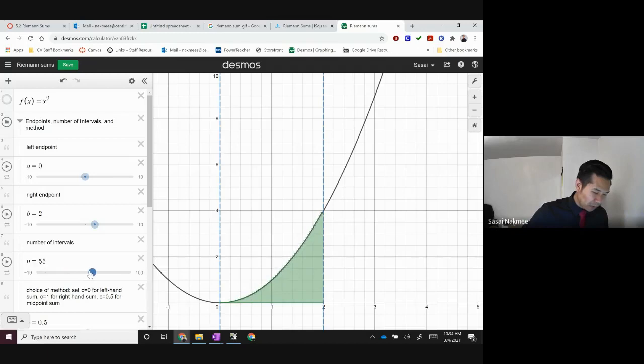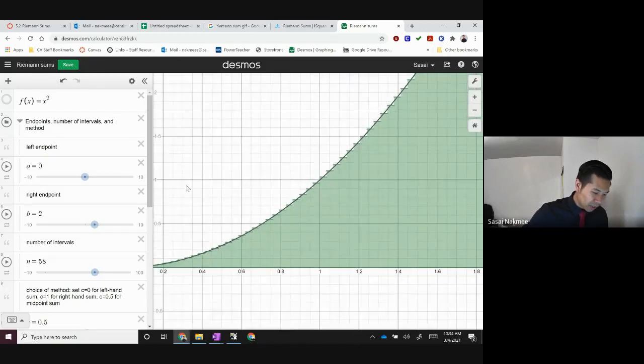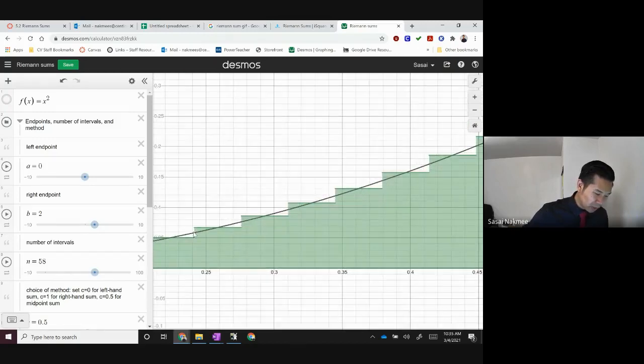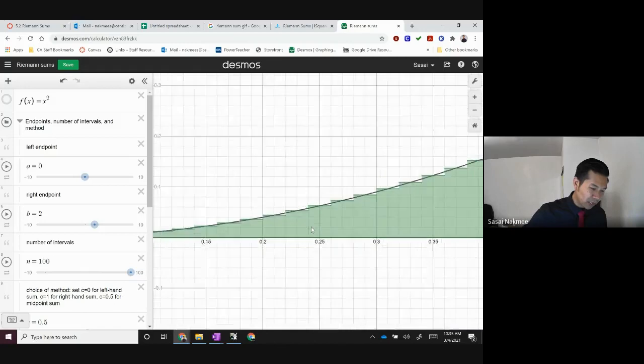When you make it more and more, you can see the delta x's get smaller and smaller. As I keep going, these delta x's keep getting smaller and smaller, all the way up to when I get to 100 here.